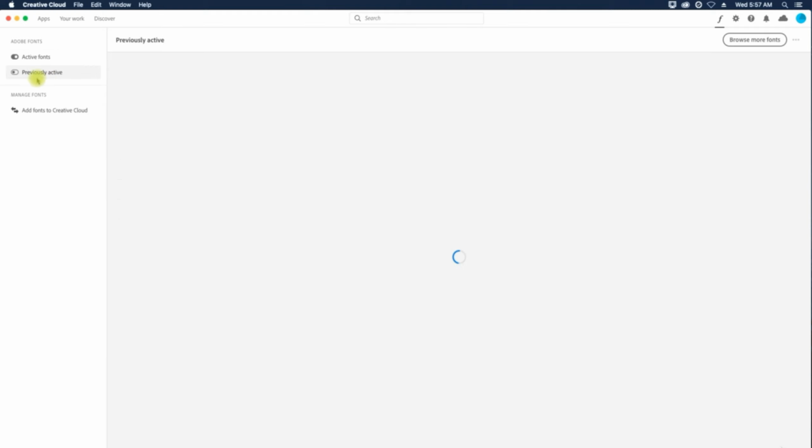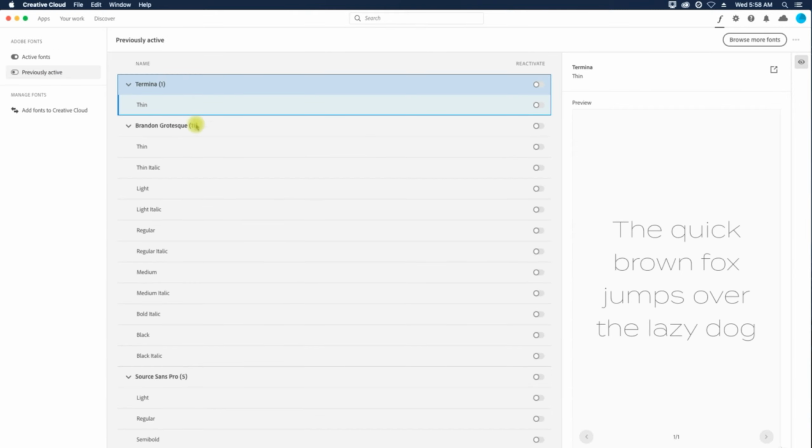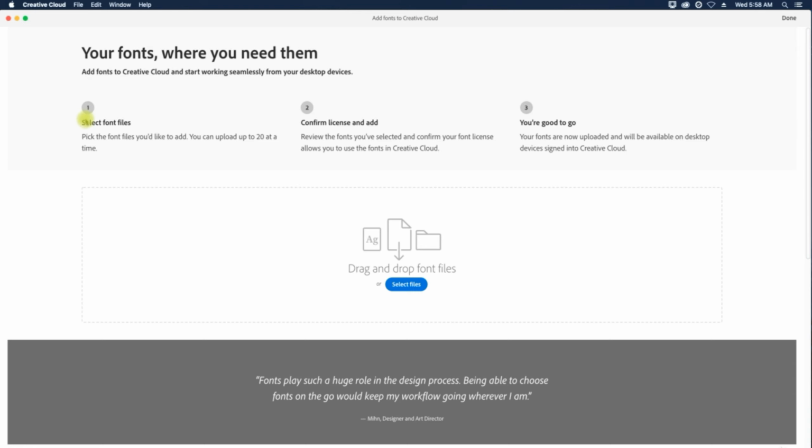You can also look at previously active fonts. So these are fonts that are currently turned off. And then you can add fonts to Creative Cloud. If I click there, select font files, confirm license, and add, and then you're good to go. And basically what that does is, and this is why Adobe Fonts is such a great tool,